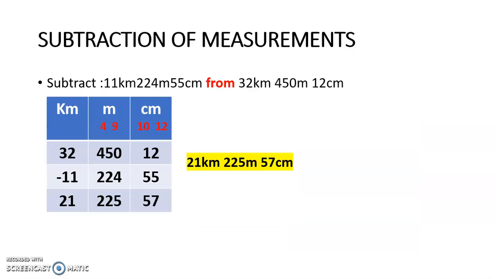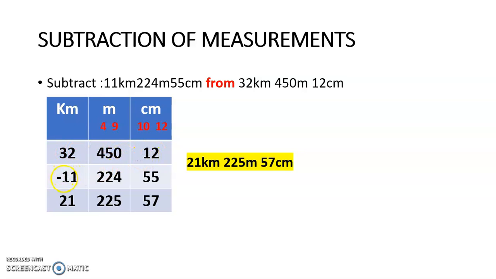Let us see one more example in which three units are given. You can see kilometer, meter and centimeter. So we will write it in three different columns. 32 kilometers, 450 meters and 12 centimeters. The question here is saying subtract 11 kilometers from 32 kilometers. 32 is the bigger number. So we have to write this measurement of length first on top of the line, and then we have to